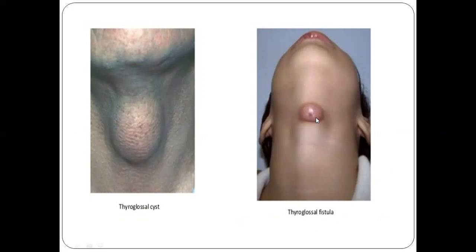Thyroglossal cyst fistula. Whenever this cyst is removed, you have to remove the body of the hyoid bone with it. And this cyst moves with deglutition, because the thyroid gland is actually fixed by the pretracheal fascia to the larynx and trachea. So it follows the movements of the larynx, and it moves during deglutition or swallowing.